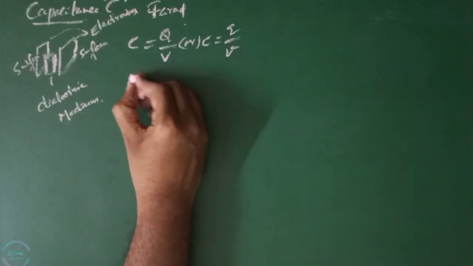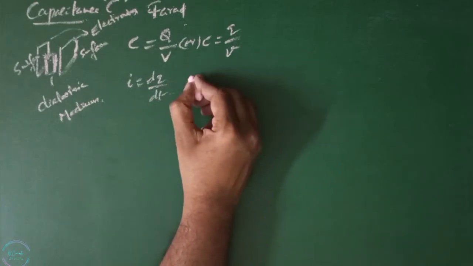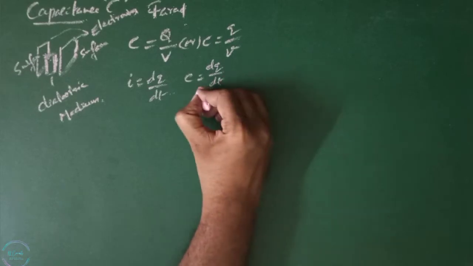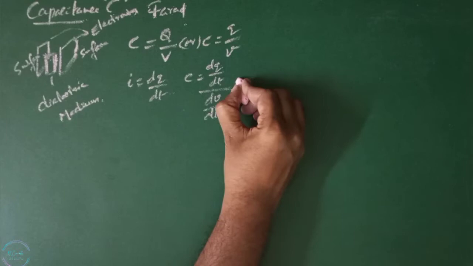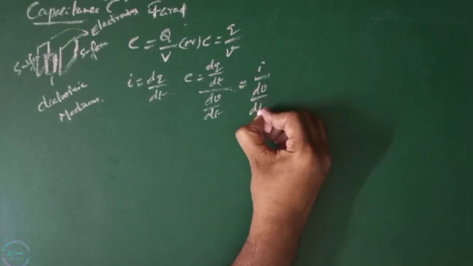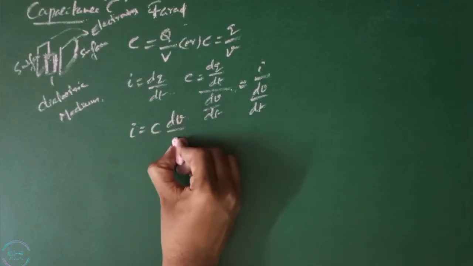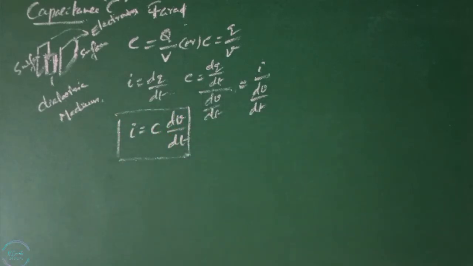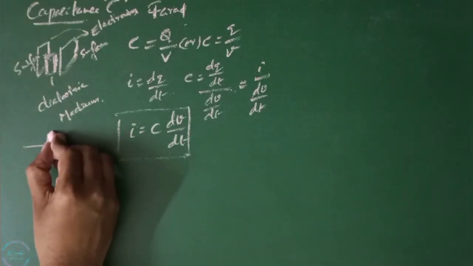We know that i equals dq by dt. You can write this as C equals dq by dt divided by dv by dt. Then this will be i by dv by dt. Then i equals C dv by dt is the relation between current and voltage in a capacitance C. And the symbol of the capacitor is